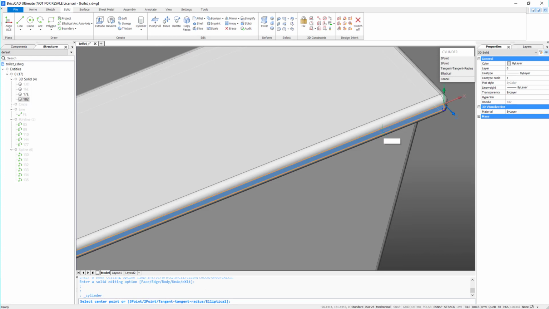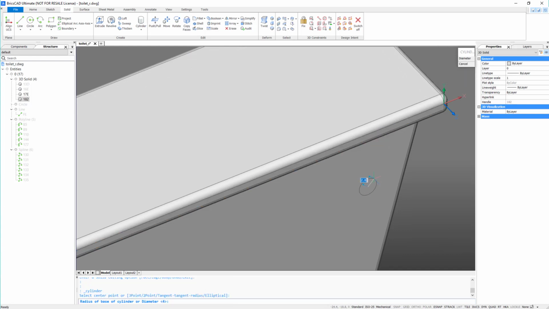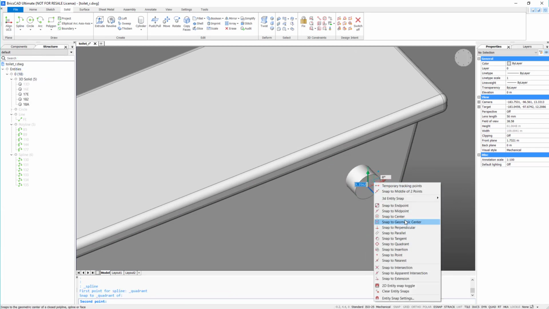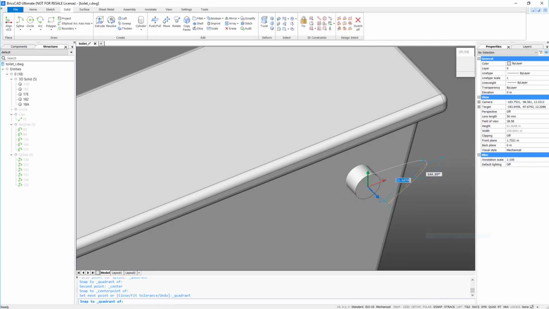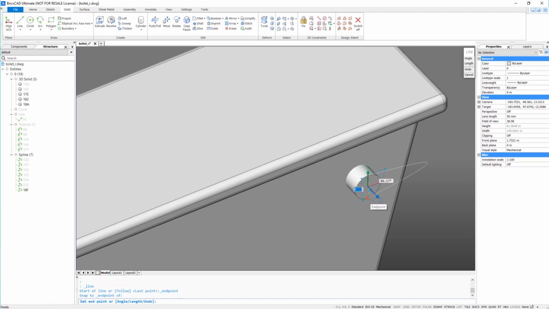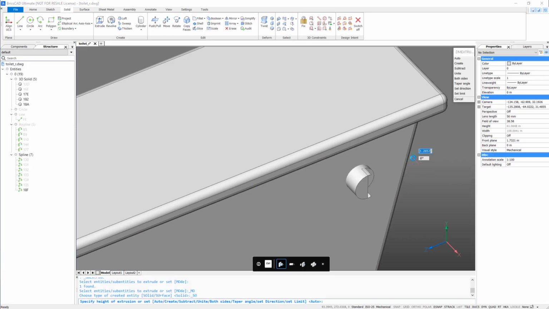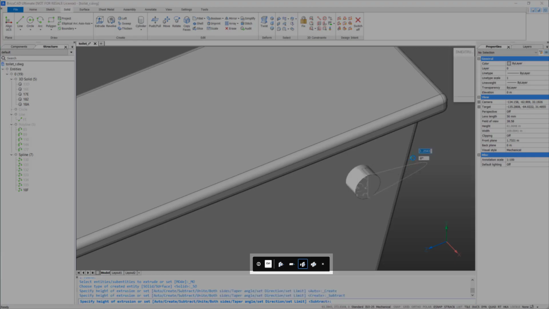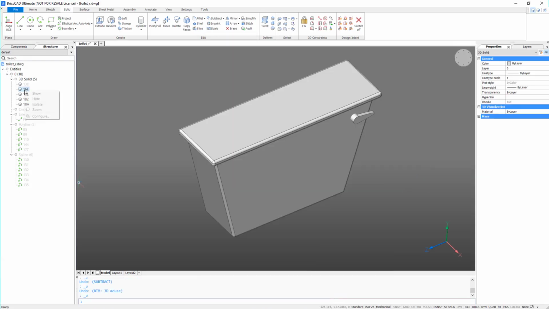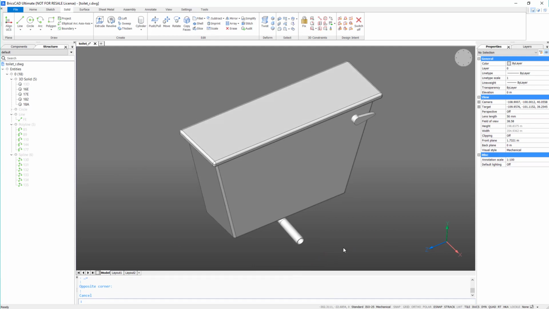Use this face as a guide and draw a cylinder. Using our 2D tools, mark out the shape of the handle. Extrude this shape using the Unite mode. Now show the piping